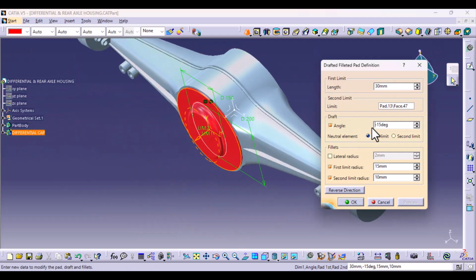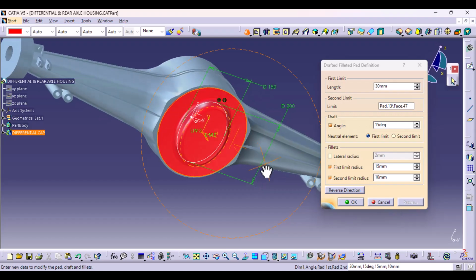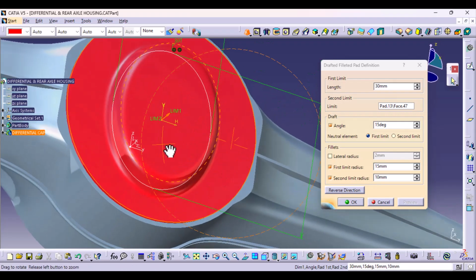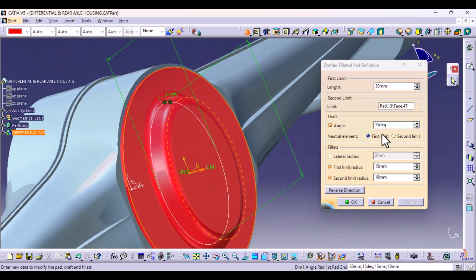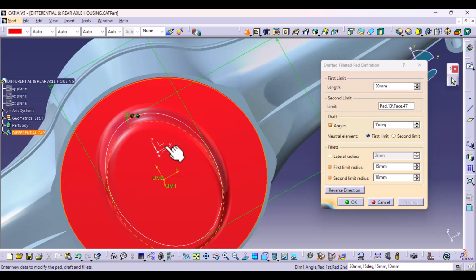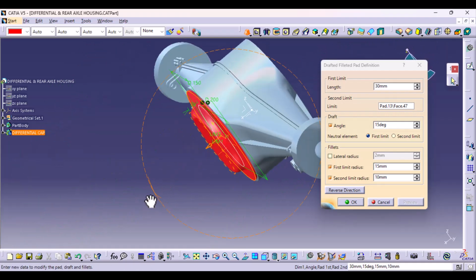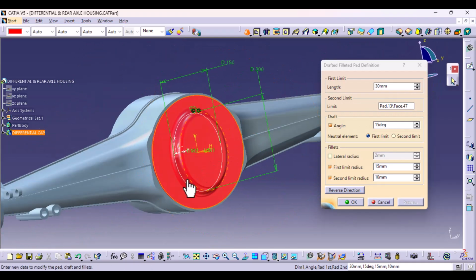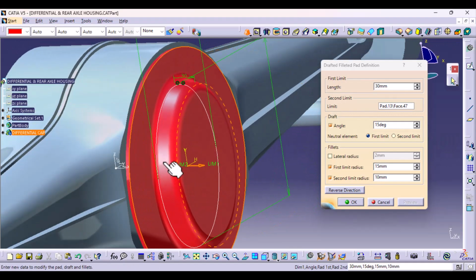Hold on. Let me see if I'm right about the drafting. Oh, so it's not supposed to be negative. It's because we are starting from here. It's positive 15. Wider at the base, narrow at. But it should be the same. It's just that